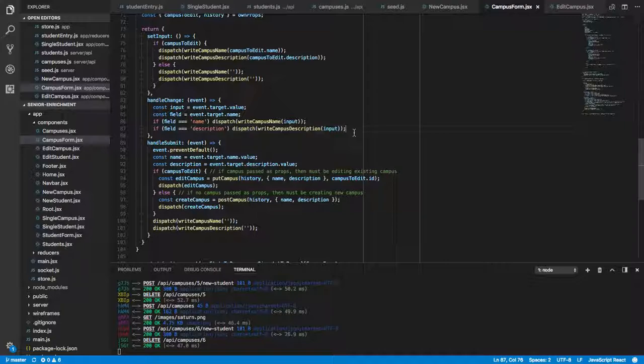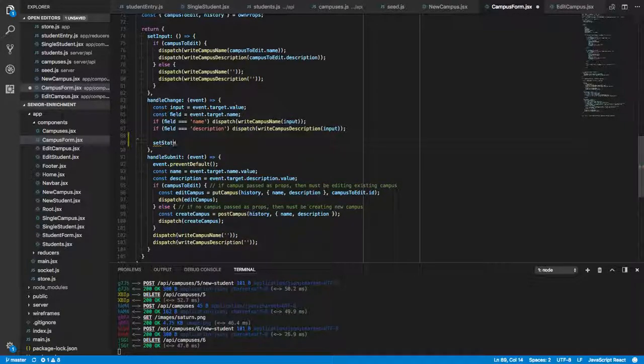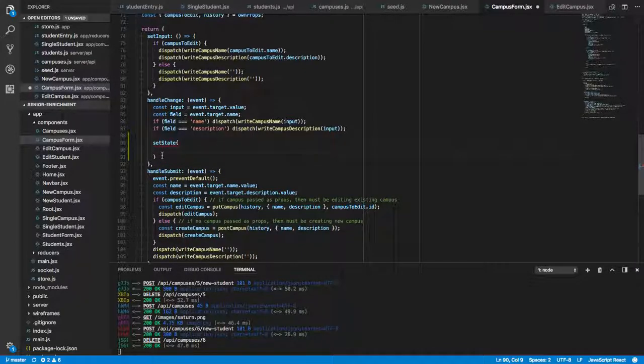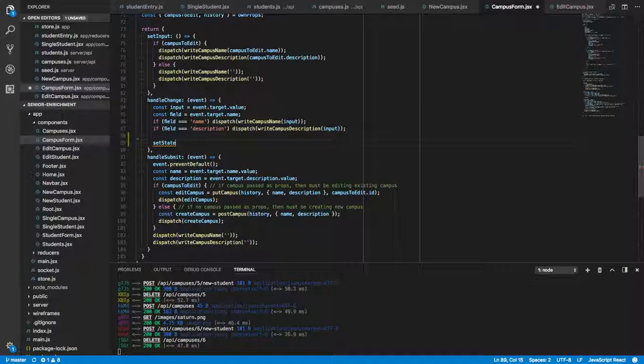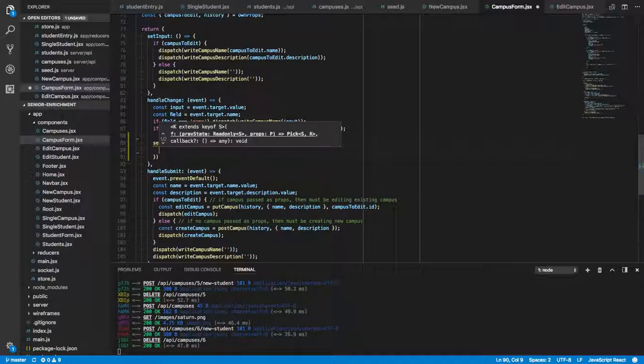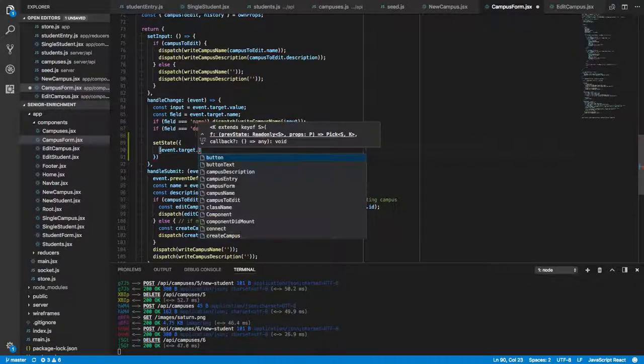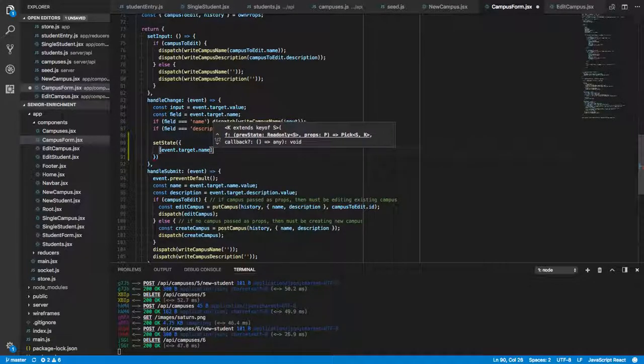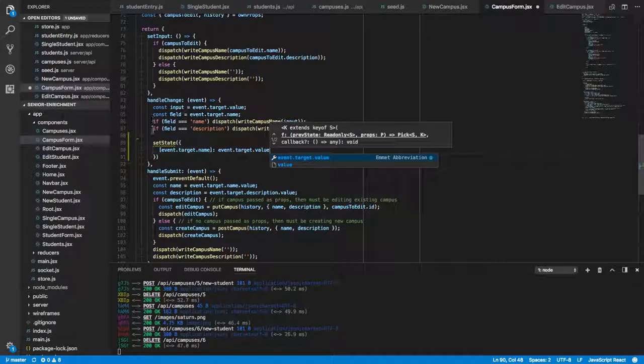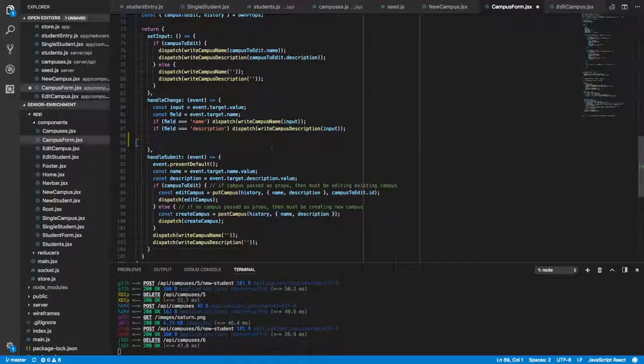Because you can be clever and say, you know, set state, if we're taking the event, then we have event.target.name is going to be event.target.value. Then you don't have to use all these ifs. Maybe there's another way around it, but